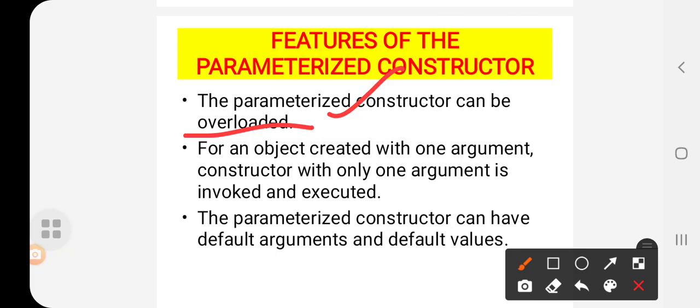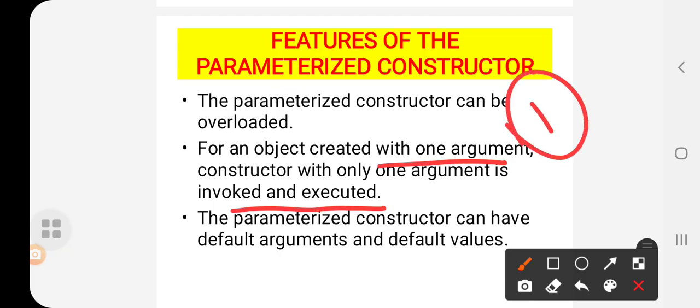Next, when objects are created with one argument, the constructor with only one argument is invoked and executed. For example, if you have a one-argument parameterized constructor, then you can invoke and execute it with one argument, or else it cannot be done.